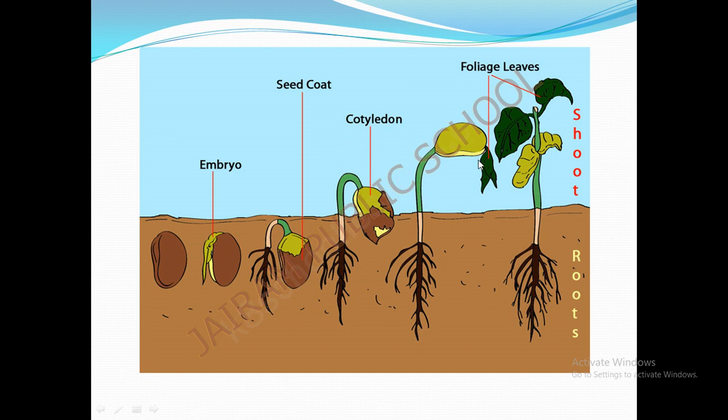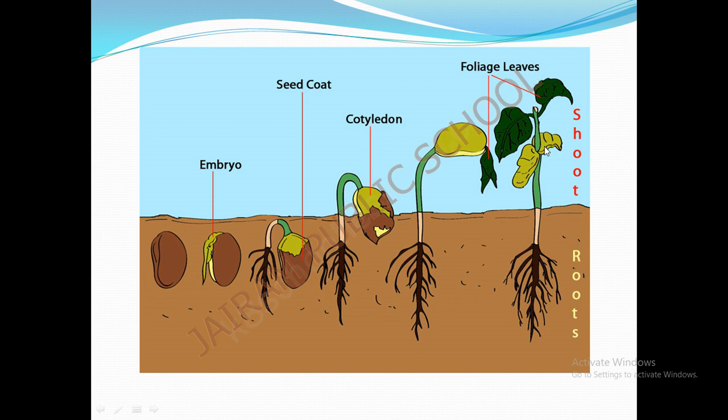to grow. See here, look at this picture. It has a large root. See, the roots are growing a little larger, and in this picture the leaves come out from the cotyledons. This part is called the cotyledon, and first the leaves come out from the cotyledon, and these leaves are called foliage leaves. The leaves which come out from the cotyledon are called the foliage leaves.